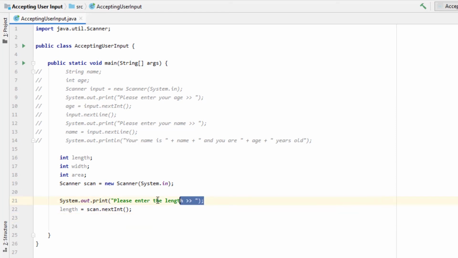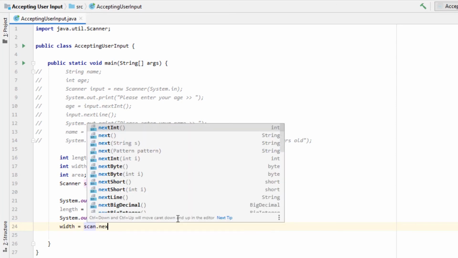Let's copy this and paste it here and then change length to width. Let's retrieve the width. So type width = scan.nextInt();